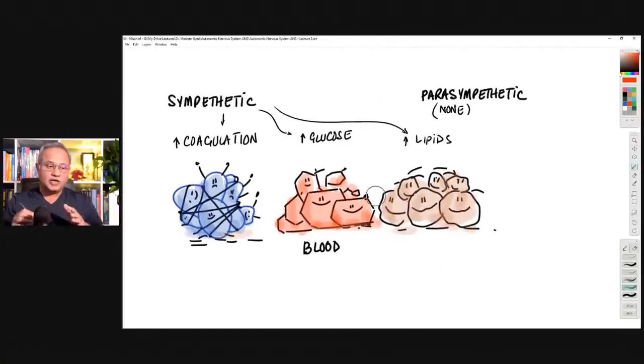Blood. What happens to the blood itself? So, under the sympathetic system, blood clotting and coagulation factors are mobilized more. Blood has a better propensity to quickly clot. Why? Because we are excited, we are running, so we might actually get injured. We are warring, we are frightened, we are fighting, and so our body, our blood system should be ready to clot the blood if we get injured. So blood coagulation increases.